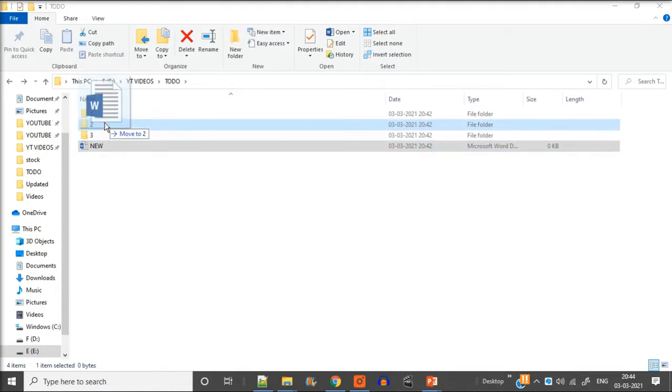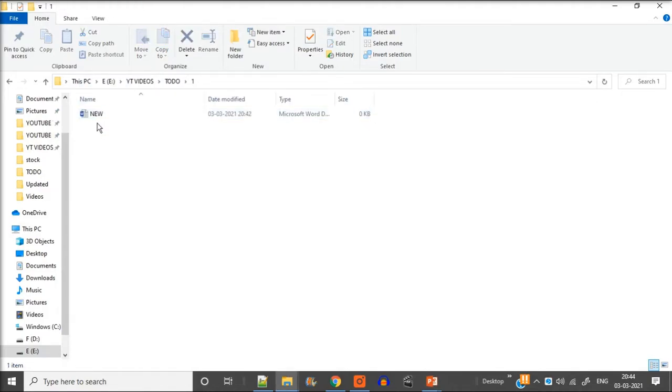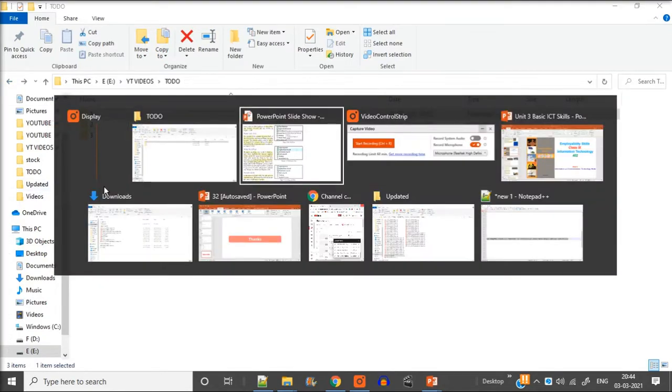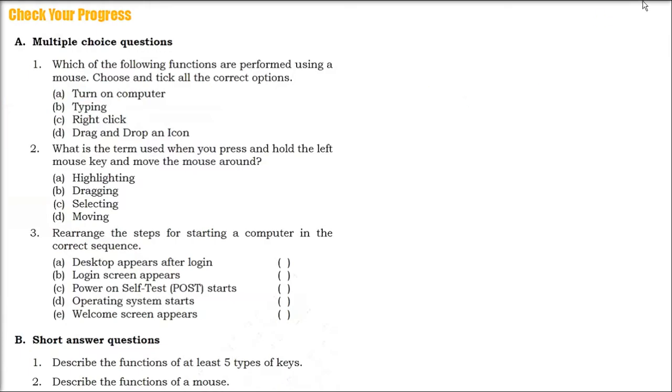Now I'm leaving it. So now that new Word file has dropped into folder 1. This is drag and drop. And this is moving a file from one place to another, one folder to another, one location to another. So you have to double click to open. All these actions I showed you, you can do by your mouse.